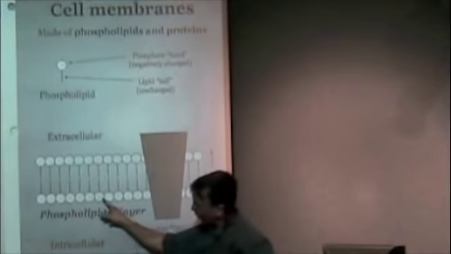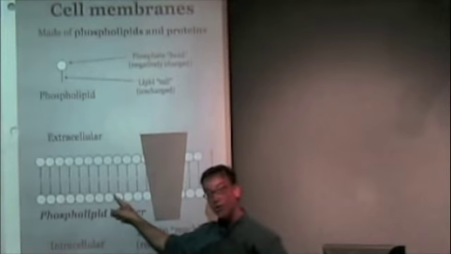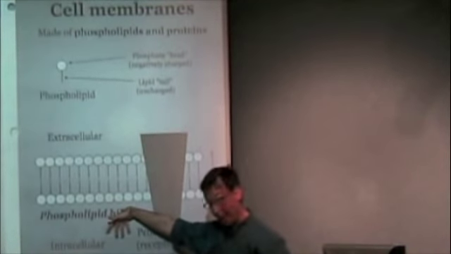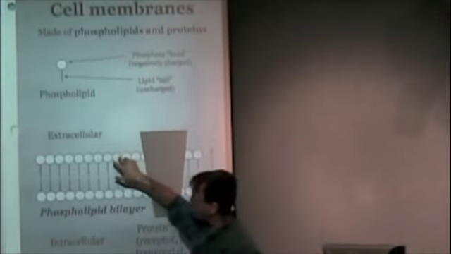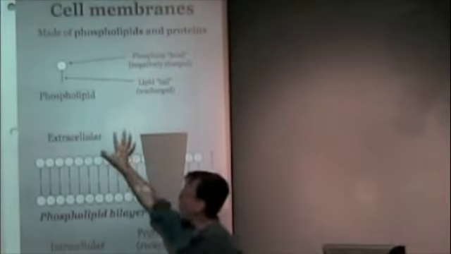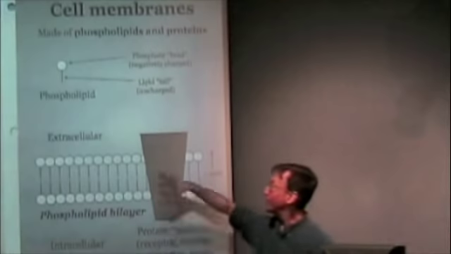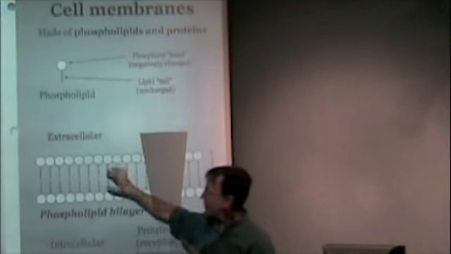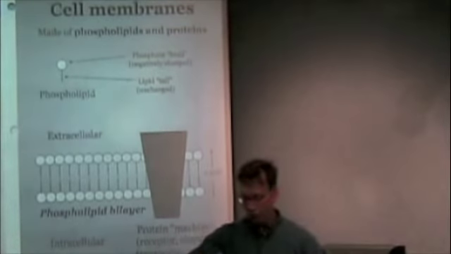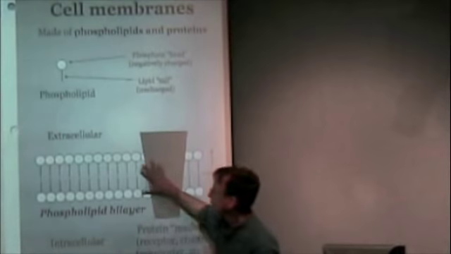This allows for, let's say, the inside of the cell, the phosphate heads that are charged to be oriented inside, with other charged constituents in here. And the phosphate heads in this layer are oriented out to the extracellular space, outside the cell, to the other charged constituents out here, mostly water. But the lipid fatty tails that are uncharged form a layer. They're isolated in the center of that membrane. And this is a very